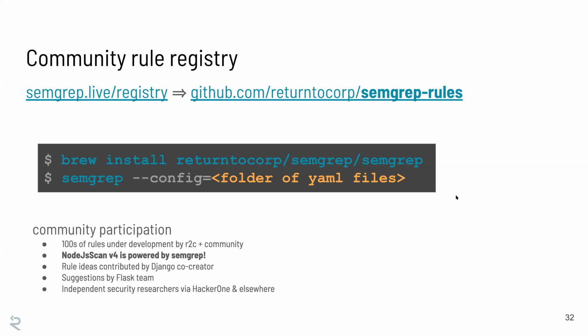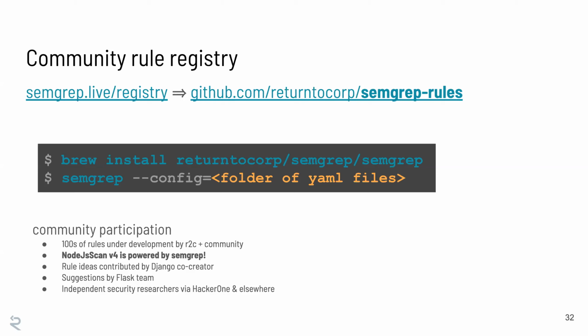In terms of community participation, we have on the order of hundreds of rules right now, some developed by us, some developed by the community. If you're familiar with Node.js Scan, which is one of the best open source Node.js scanners, it's the tool that's included for scanning JavaScript if you buy GitLab Ultimate Edition. The latest version of Node.js Scan is actually powered by Semgrep. So we know the author, he's a fantastic fellow,